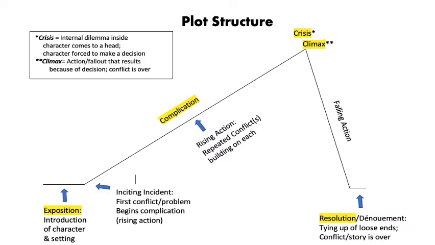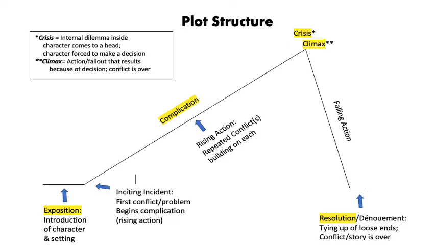It's building, repeated building conflicts. They're just building on each other. Conflict gets worse and worse and worse. Remember, the conflict is something versus something else. Our main character, our protagonist, wants something, is trying to get something or achieve something or get away from something, whatever, and somehow he's being blocked. Until